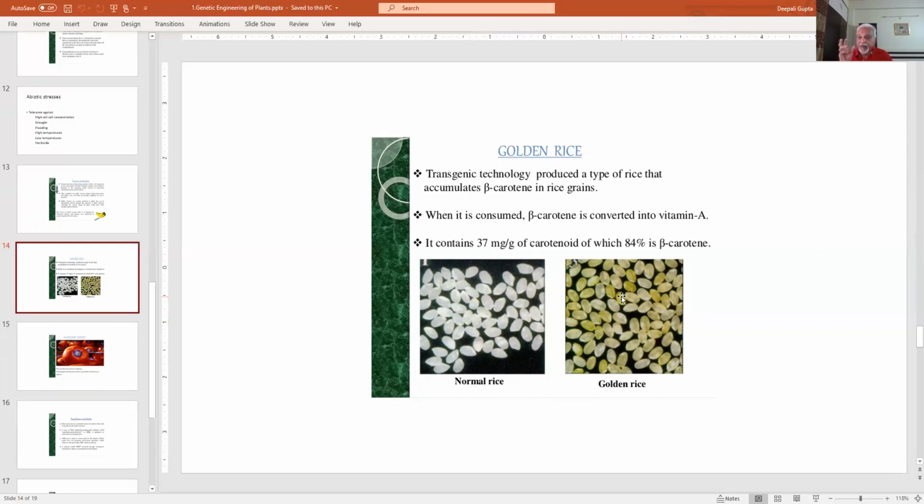It was thought of to help people who come from poorer strata of society supplement vitamin A in their diets through rice only, because we have a large global population which cannot afford a vitamin A rich diet. And vitamin A is a very important component, particularly for pregnant women during pregnancy to support the